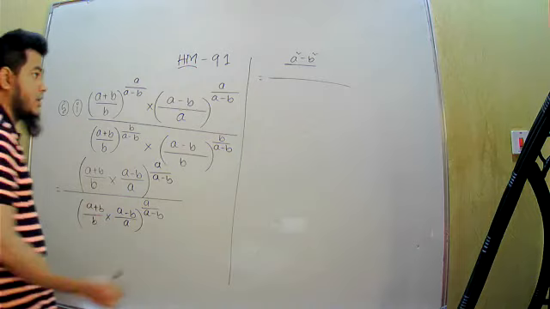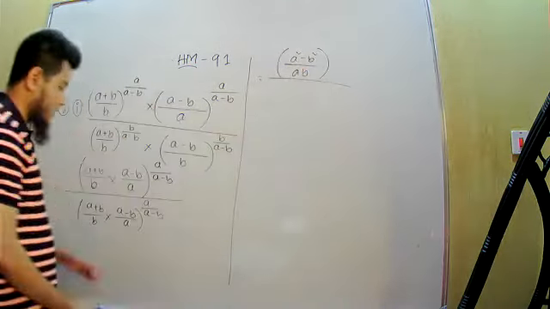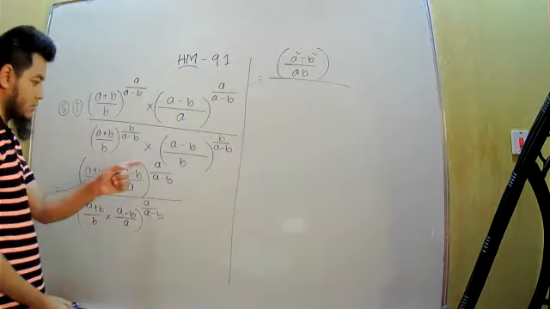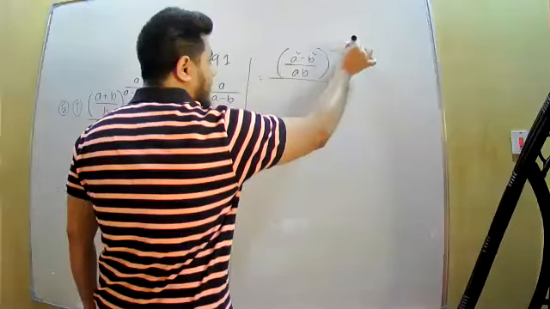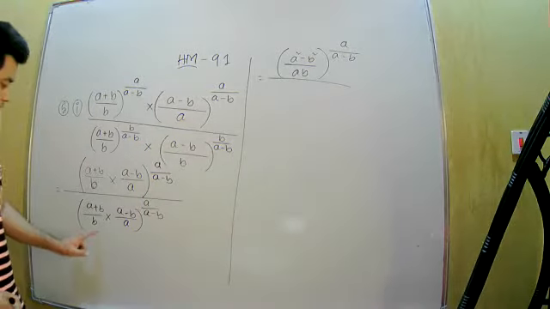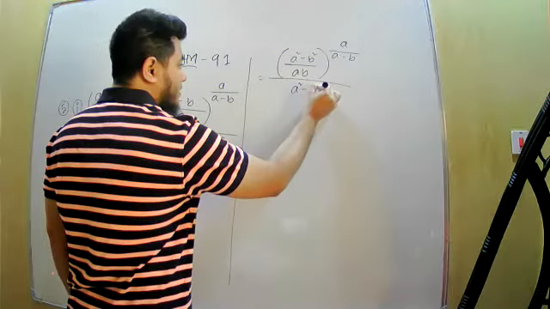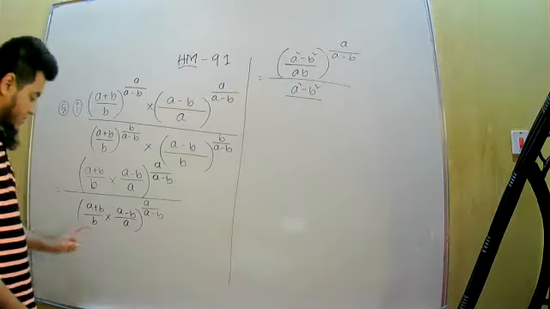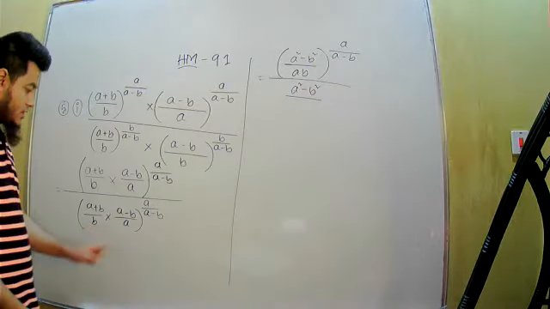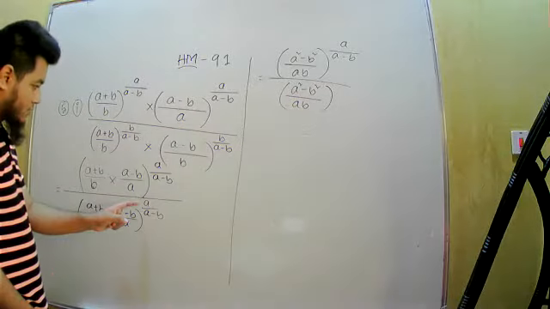Into a, it is ab, and whole to the power a by a minus b. In the denominator also, we have a plus b into a minus b, so it will become a square minus b square, divided by b into a, it will be ab, and whole to the power, the power will be,